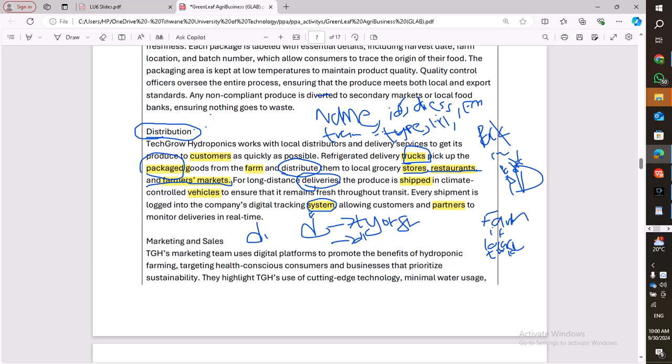And then they label all the grocery shops, the store, the restaurant, and the farmers markets. And also then they say the locally distant. That means here delivery has a relationship with the truck, because this one is used to deliver the truck. And also the relationship